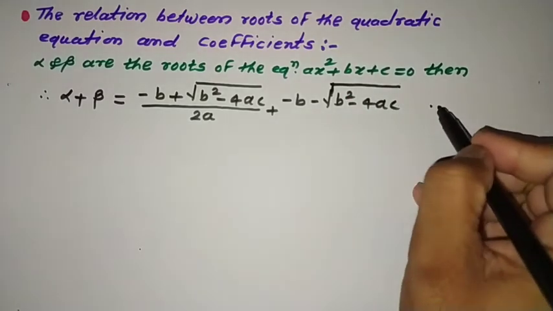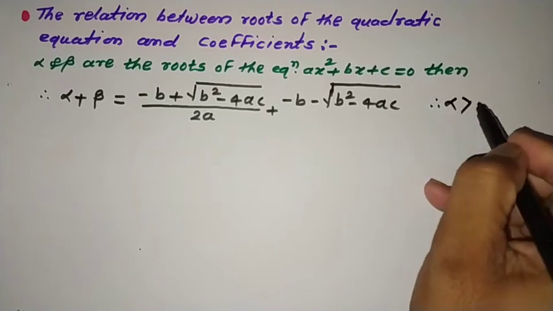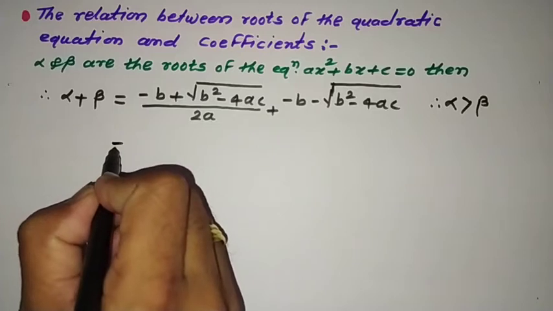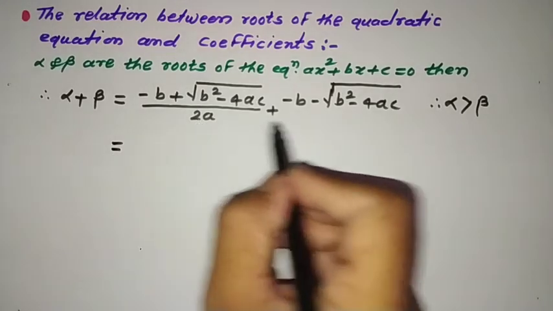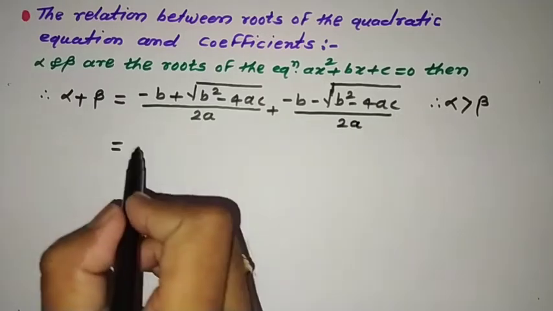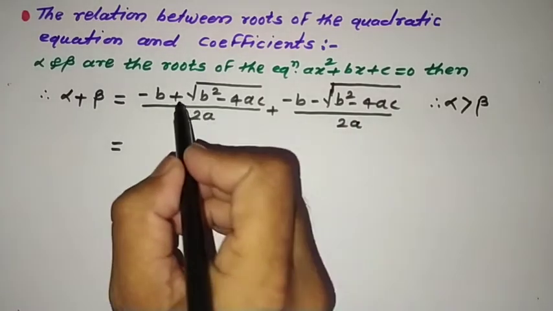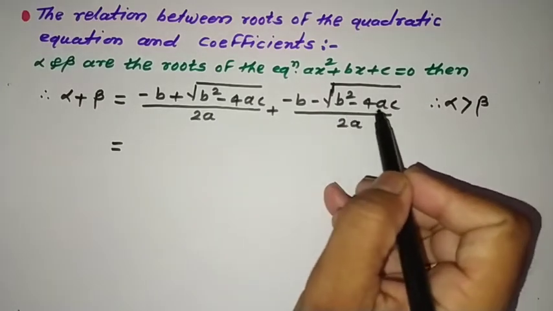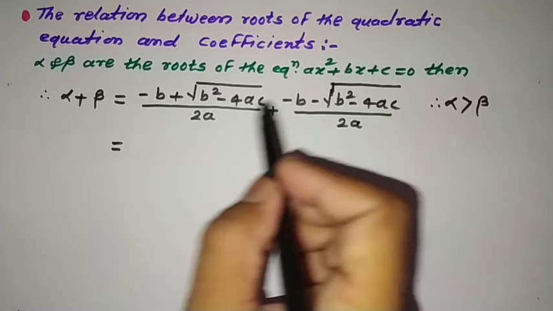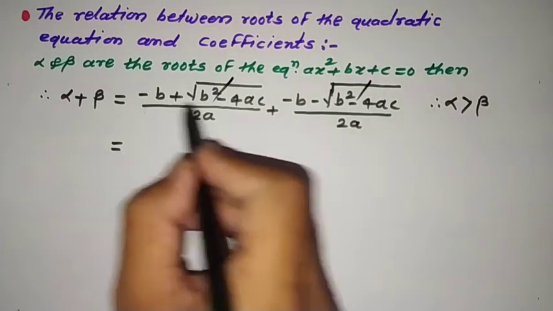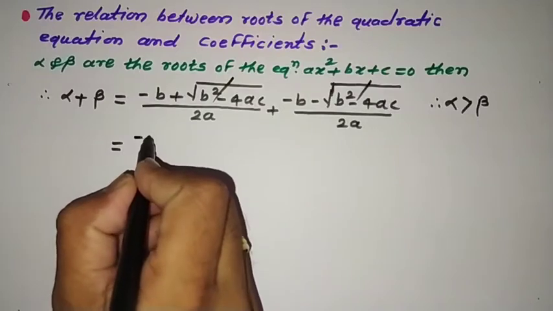Here alpha is greater than beta. The denominator is the same, 2a, and plus square root of b square minus 4ac and minus square root of b square minus 4ac, cancelling these two terms. Therefore minus b minus b, minus 2b,